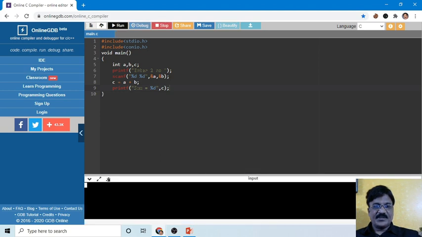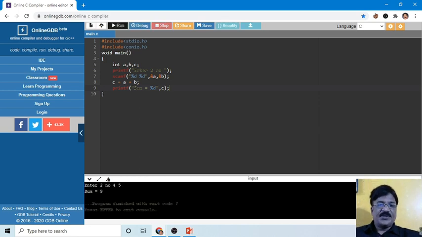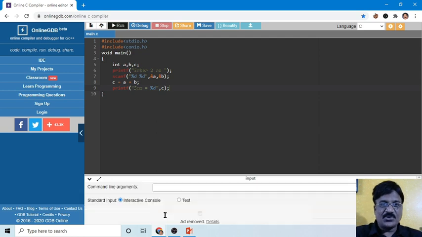It is compiling the process. Screen has been cleared. 4 and 5. Okay, it is showing the result. Now you don't need to wait. It is showing the result. There is no getch at the end. Program is finished with the exit code, press any key to go back to the console. Okay, so this is the online GDB. Here also you are able to execute your C language program online. Not only C, you can also execute your C++, Python programs over here.